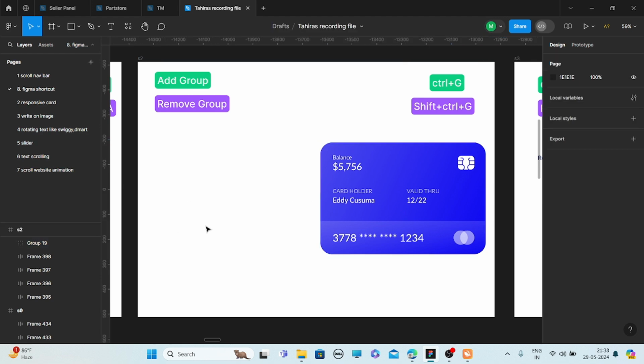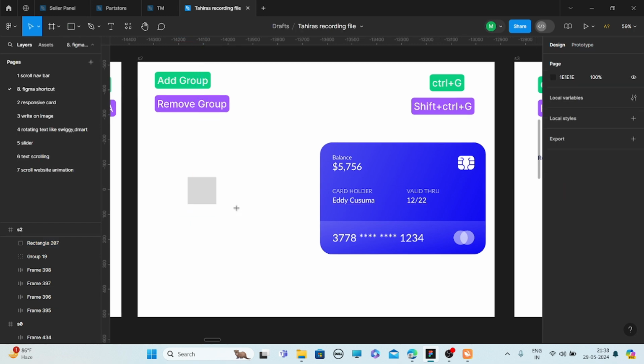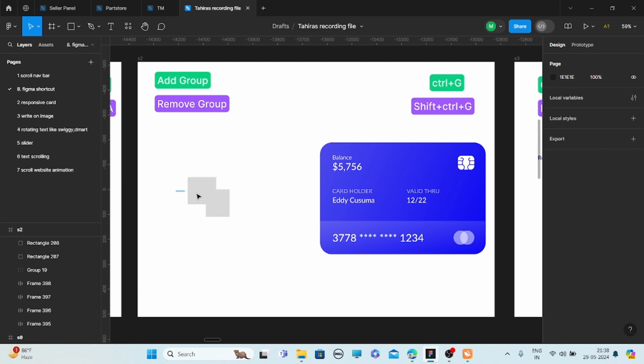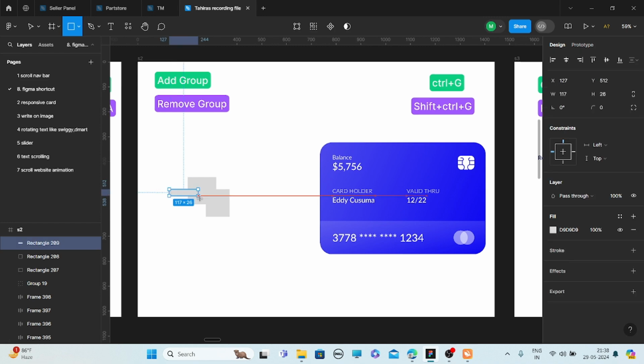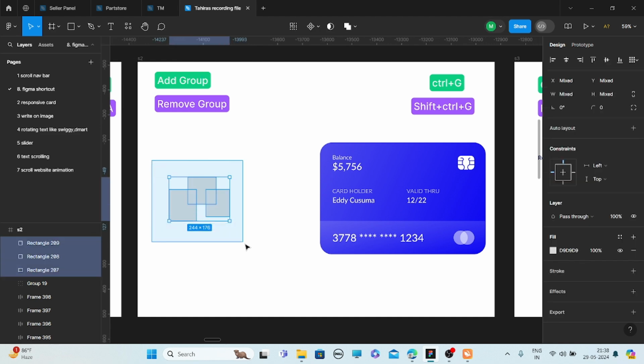Like if I draw a rectangle, another rectangle, and a third one. If I want to select all three without moving the positions, select all